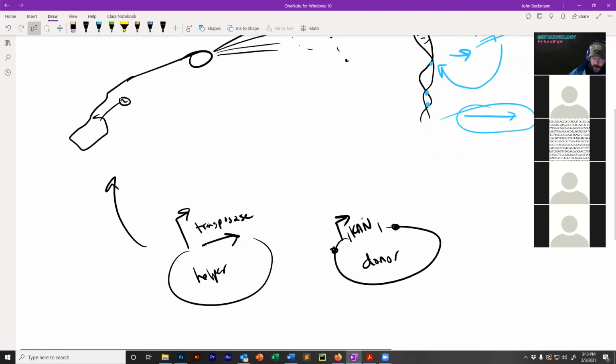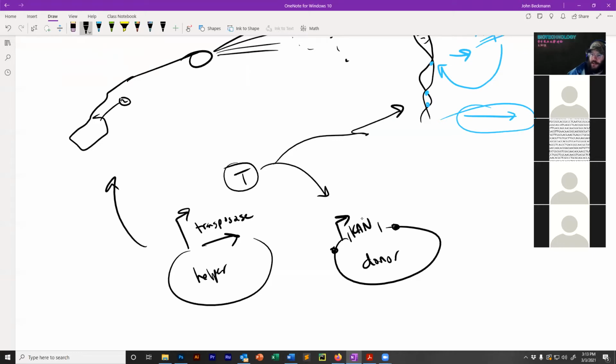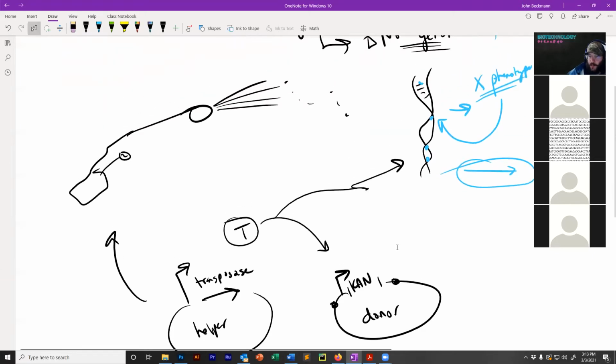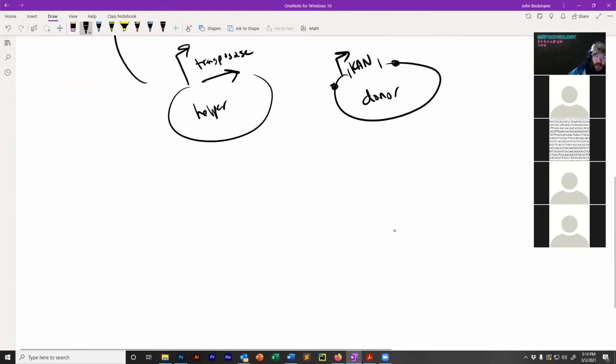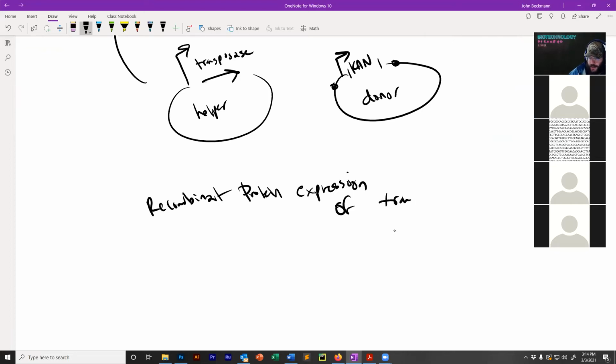And what they're going to do is you put these in the cell or the organism. It's going to make the transposase. It's going to grab the selectable marker, and it's going to pop it in randomly, shooting the shotgun at the genome. Okay. That's one way to do that. It's a very, very common thing that people do. Another variant on this, but the same idea, is you can do recombinant protein expression of the transposase. Okay, so you make a whole bunch of it, and you can get it pre-bound to your